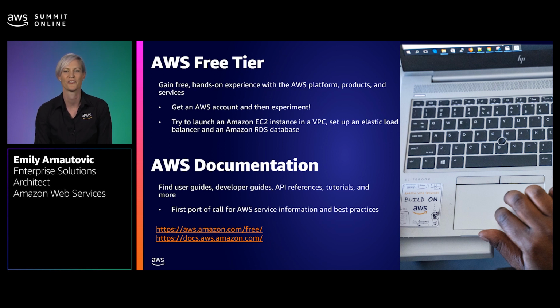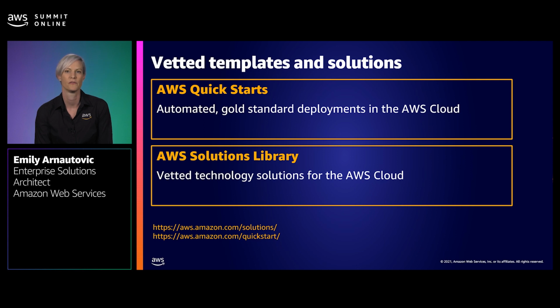Trying things out for yourself is a great way to quickly test and learn. Now, alongside that hands-on work, do go ahead and bookmark the AWS documentation. This will help you as you configure and explore the services. It's also handy to know about some other resources that might prove useful. First, there is AWS Quick Starts that are built by AWS solutions architects and partners. These are based on AWS best practices and they come with an AWS CloudFormation template and step-by-step deployment guide ready for you to customize for your use case.